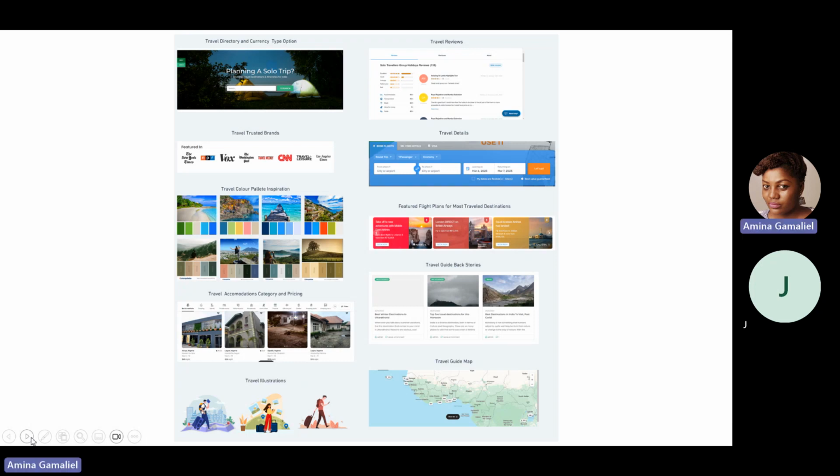Now, if you look at the top, the travel trusted brands, it gave me an idea that my travel app can show some popular brands that have mentioned it, like in this case, these apps have been mentioned on all these media outlets. And you know, people believe media, especially popular media. I mean, there's CNN here. There's a Travel Weekly magazine here. There's the Washington Post here. There's the New York Times here. Those are very popular